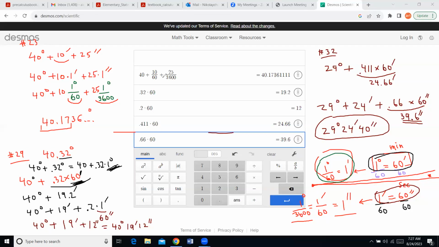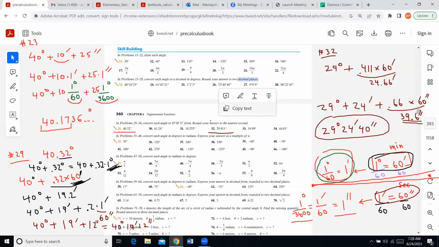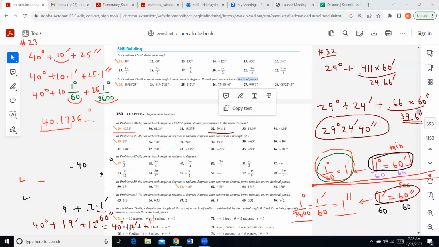I just mentioned the word quiz, so I'd like to do another exercise and give you a similar one for a little quiz. I want to give you something in the form of the number 23 exercise, so maybe number 25. What this is all about is dividing by 60. In the group of problems I just looked at, we multiplied by 60, but now we divide by 60. So if I look at 25,